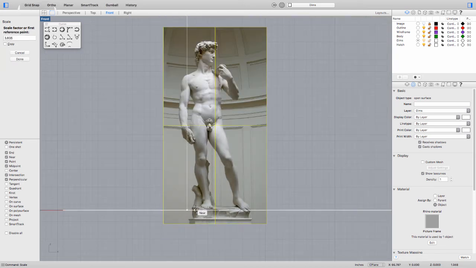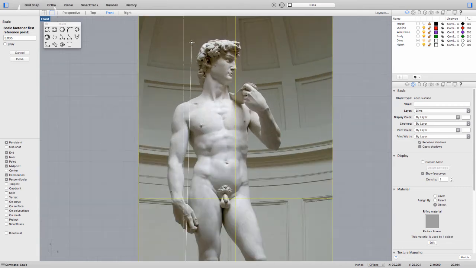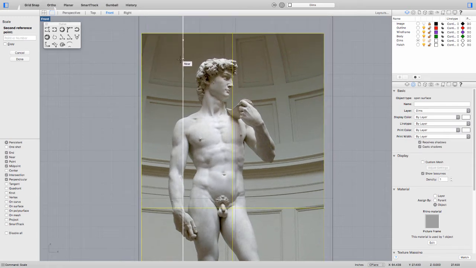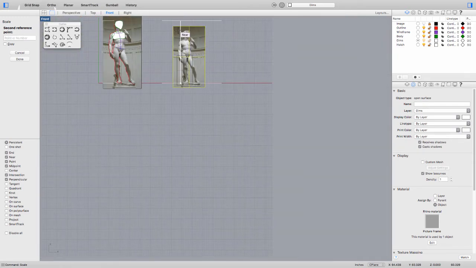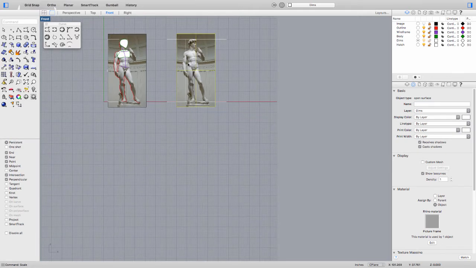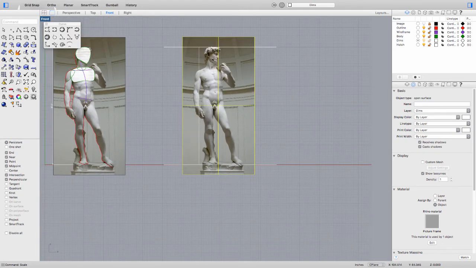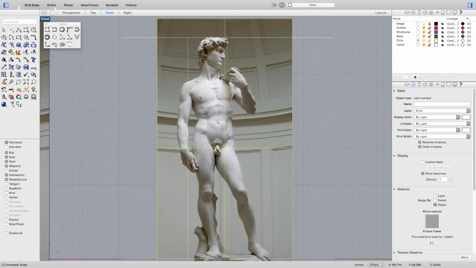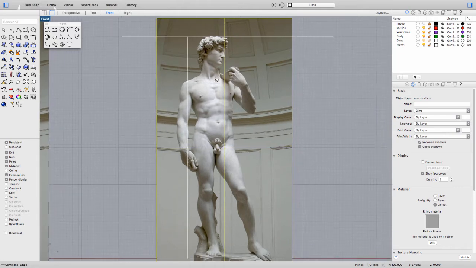I'm going to start from that base. I'm going to snap. So I have my scale factor or first reference point, which is the top of his head, and then I'm just going to scale that up to that top line. Okay, so now I have a 6-foot David,